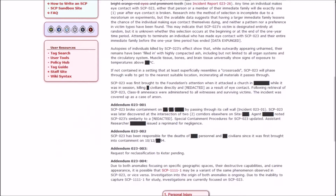Addendum 23-1. 23 broke containment on something by passing through its cell wall. Incident 23-1. 23 was later discovered at the intersection of two corridors elsewhere on Site Something. Agent Someone noted 23's similarity to a redacted. Special containment procedures for 23 updated. Assistant researcher Something issued a reprimand for negligence. I wonder if he was saying he